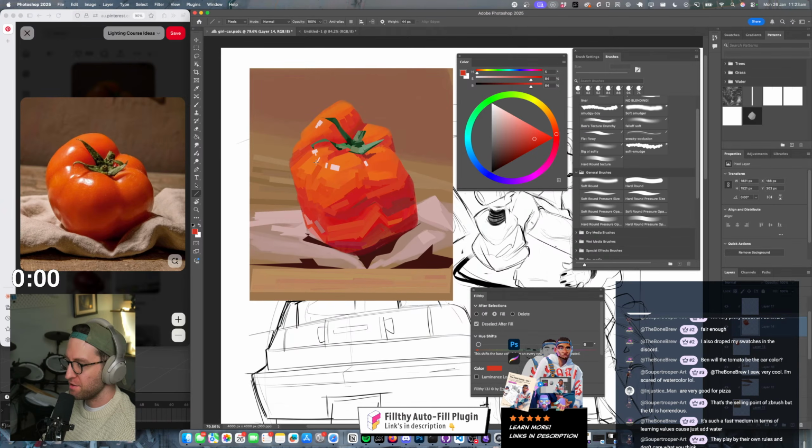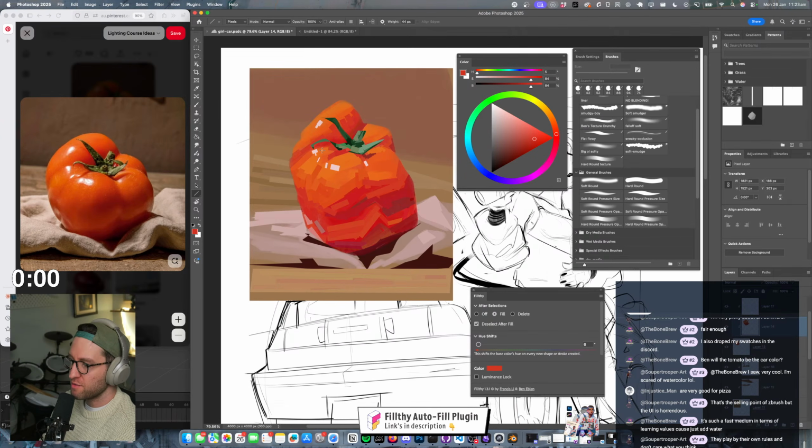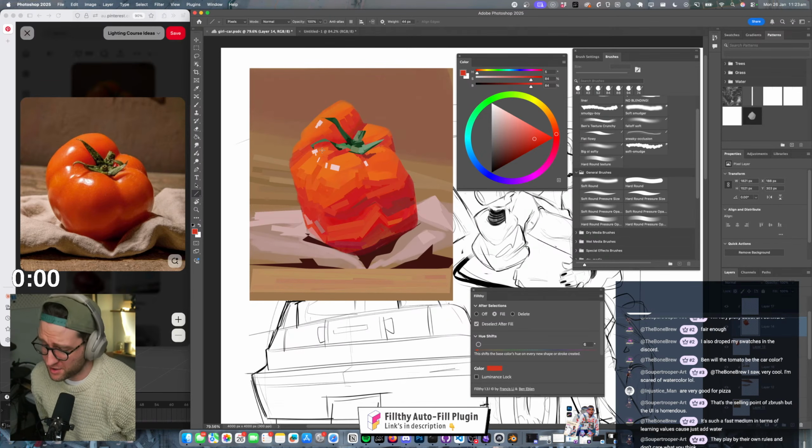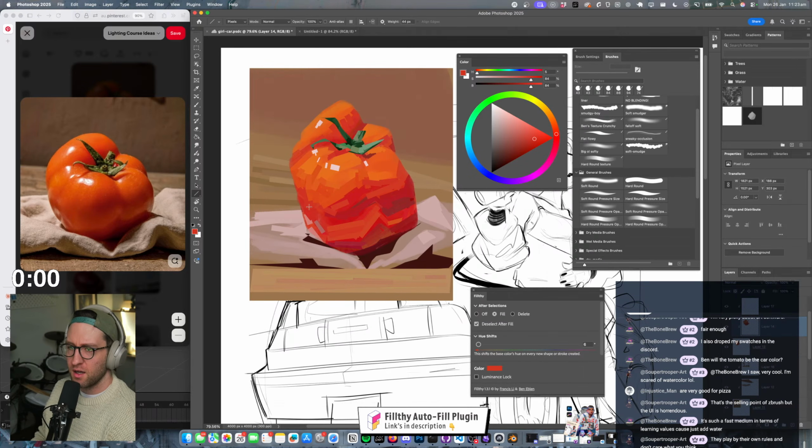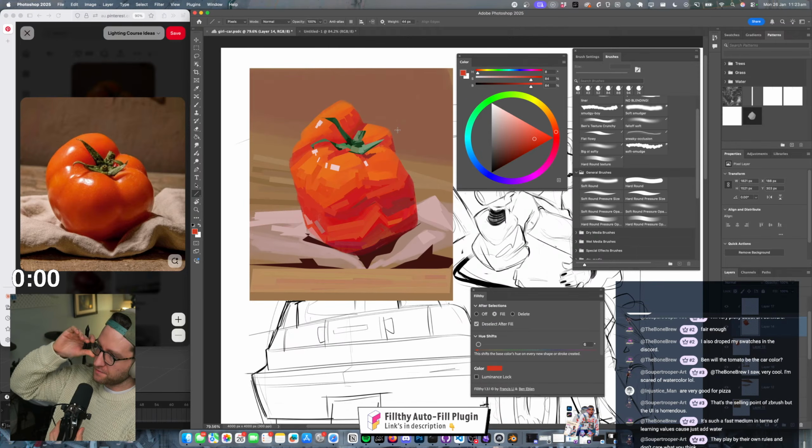Very good for pizza. This is true. That's the selling point of ZBrush, but the UI is horrendous. I know. So much software, I hope this changes soon, because I think a lot of software has so much potential. But it's just the UI, the usability thing. But that's also the issue with software, right?